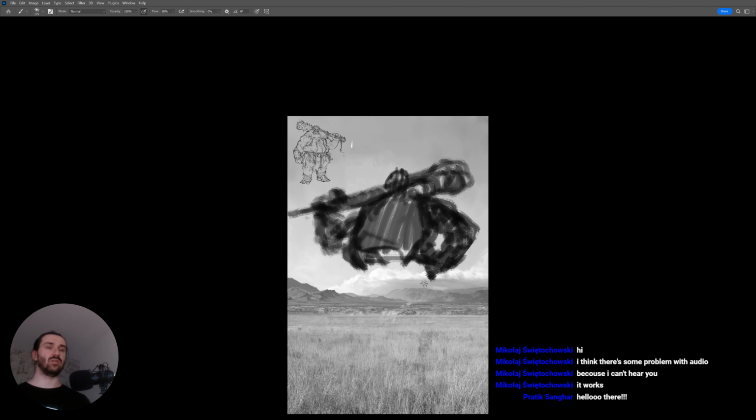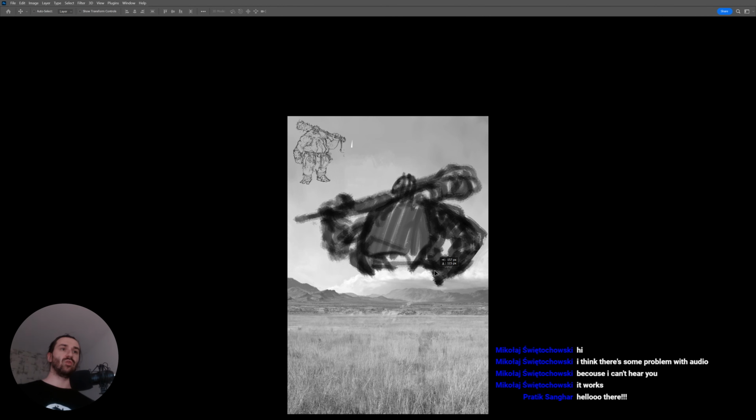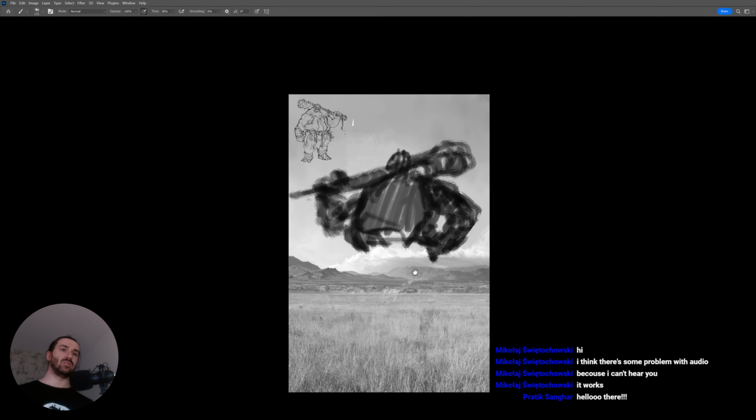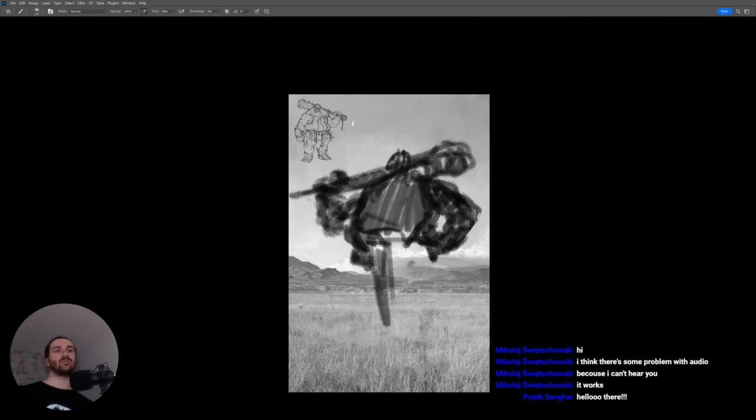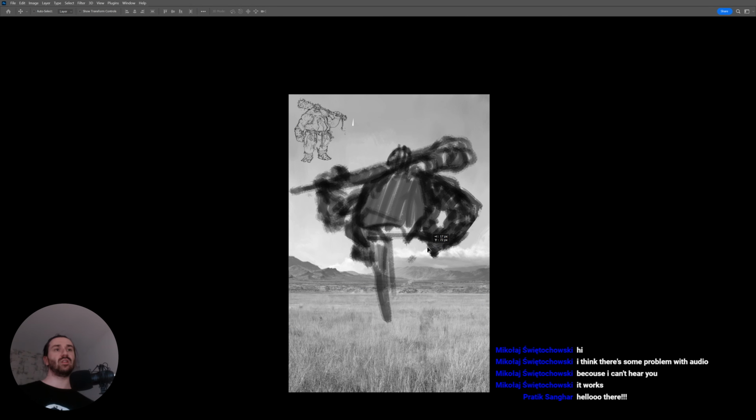Actually, that does make quite a lot of sense. And with poses like this, I can imagine if he is standing, he is crushing something with one of his legs. And because he is huge, I want him to fill the canvas nicely. I don't want him to be tiny with a lot of space on the sides. I want him to dominate the entire canvas. So when he is standing here,